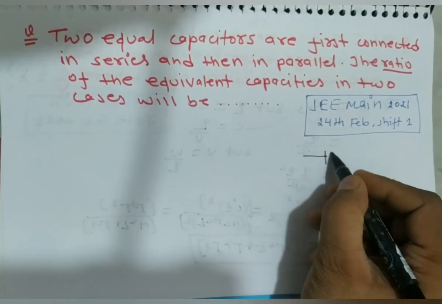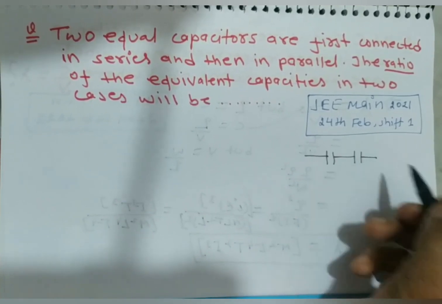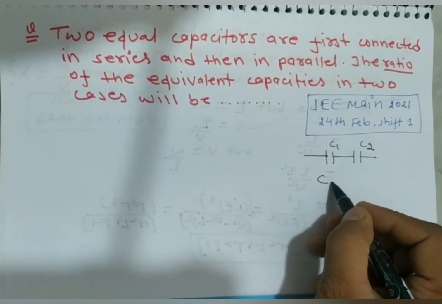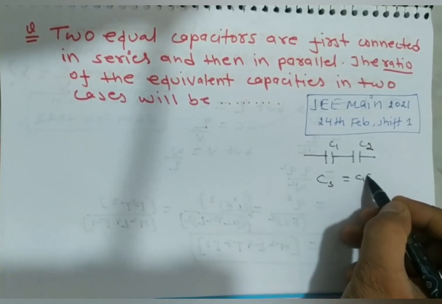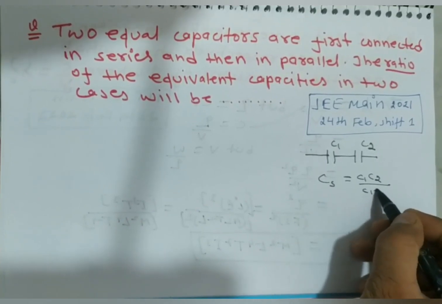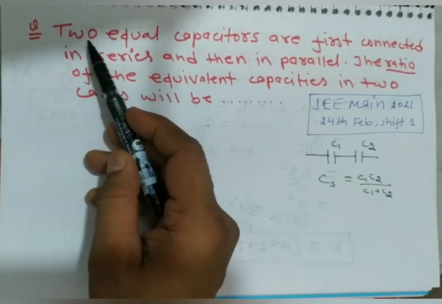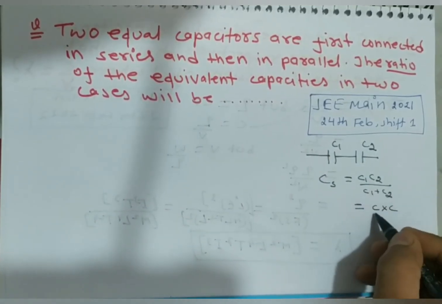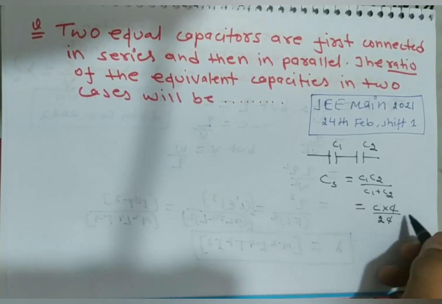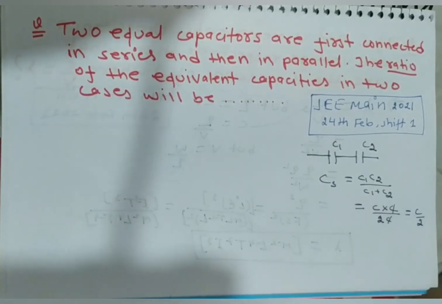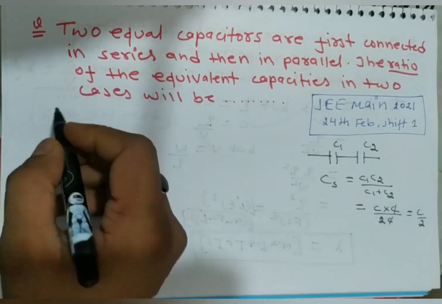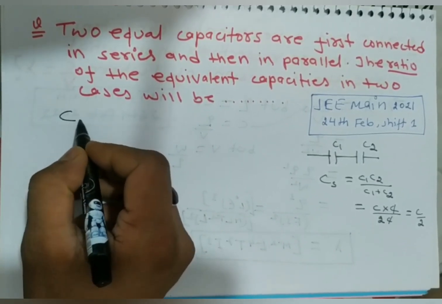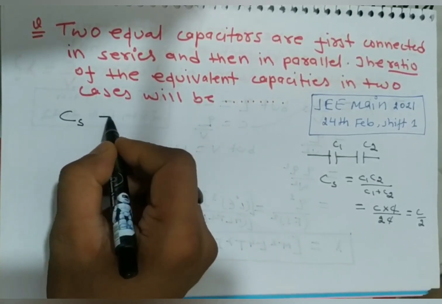two capacitors are connected in series, let them be C1 and C2. So C equivalent in series will be C1 C2 upon C1 plus C2. Because the two capacitors are equal, it will be C into C upon 2C, so it becomes C by 2. That means when connected in series, Cs will be